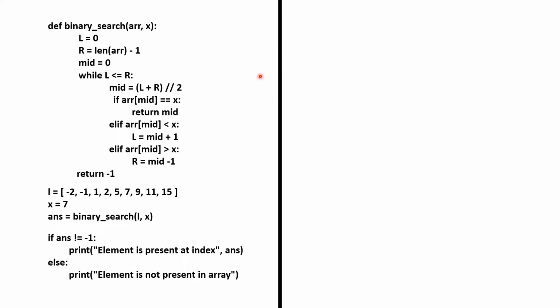We have used Python here, but never mind if you don't know Python but know other languages. Please carry on with me, because we know the logic of binary search, but converting that logic into code is a different story. So I guarantee that at the end of the video, you can code binary search in any language that you know.